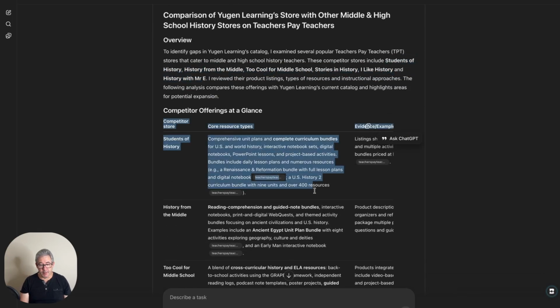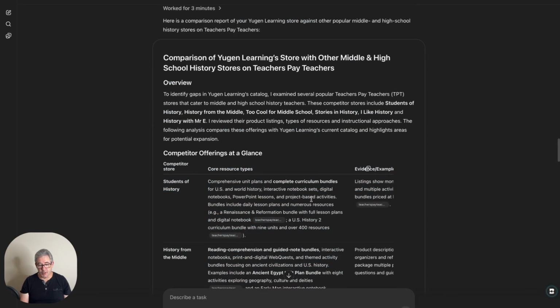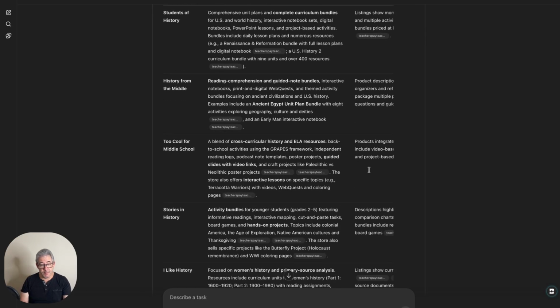And it's actually gone through the competitors and what they offer, which is a nice little summary. I call types and some examples there. If you ever get this information, you can then just click here and copy and paste it into a Word document or a table. So it's giving me all my opposition,